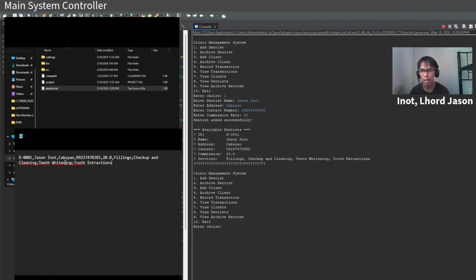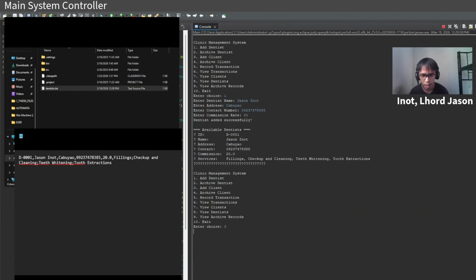This is the record for the dentist. We have the ID, the name, the address, the contact number, the commission rate, then the services that are available.